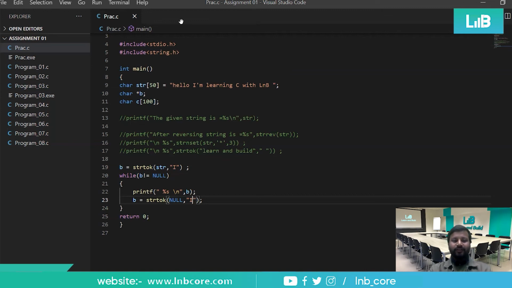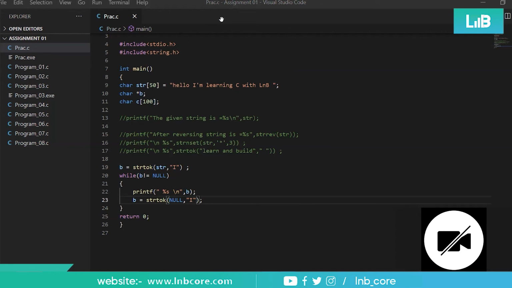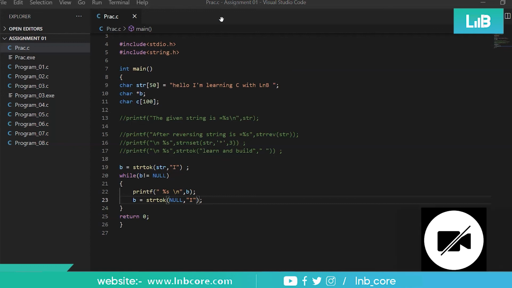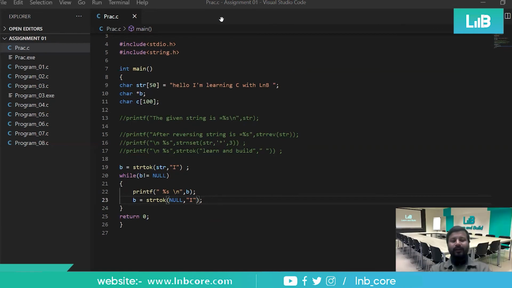Instead of this while b becomes null, you can do one more thing. You can check the length of the string, and you can run this while loop for the length of this particular string also. But what we have done is checking b, because b is a particular pointer. So we have got hello space in this b. So b is not null. Yes, we have gone inside because we want to check the rest of the string as well. So we have printed whatever was available in b first, and that was hello, right? Is it clear? This while will be running continuously, and strtok will solve the purpose we wanted. Okay? Yes sir.